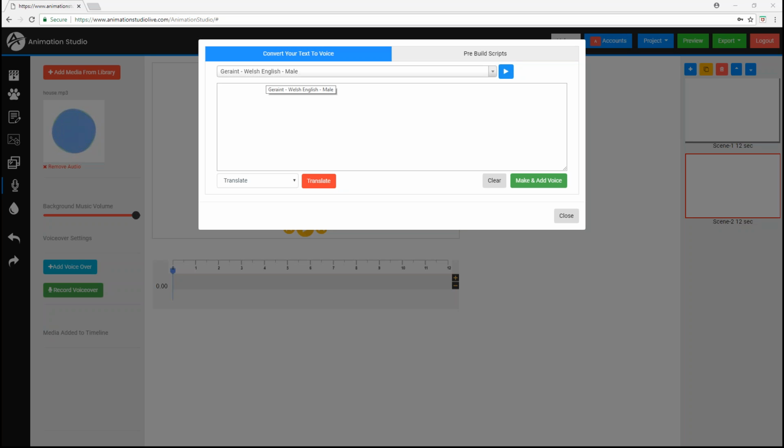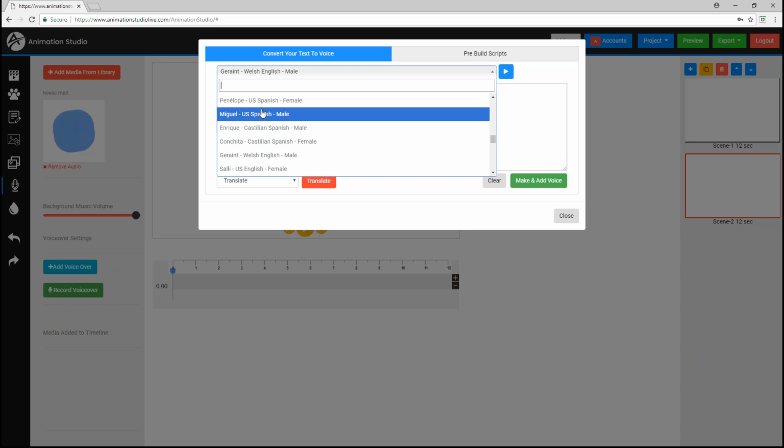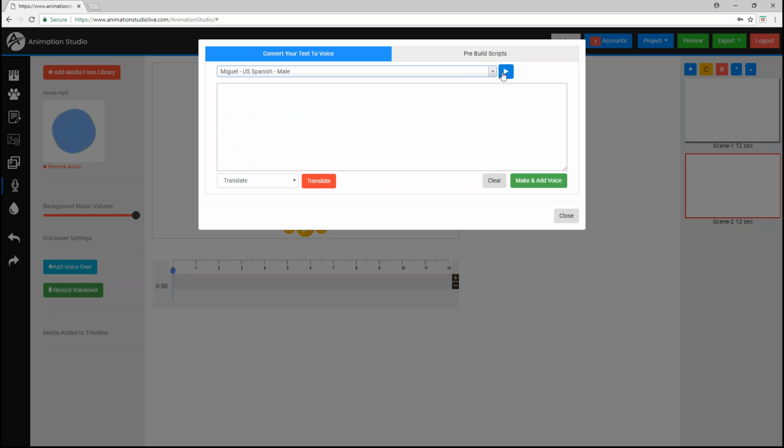And then simply see which voice you prefer and want to use. Now, if you happen to be doing a voiceover that is not going to be in English,